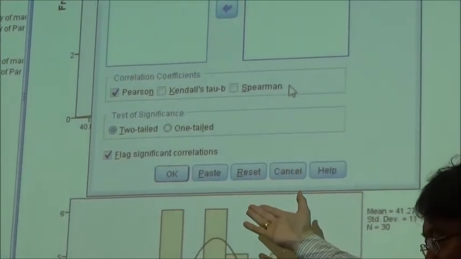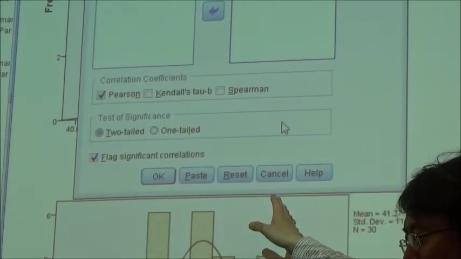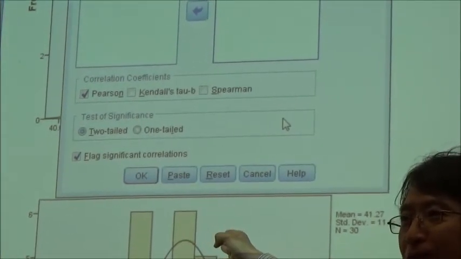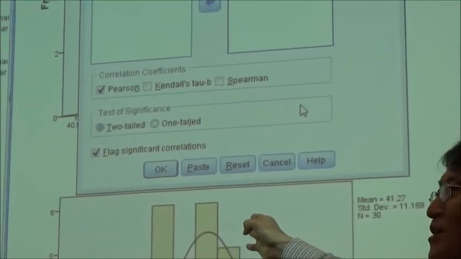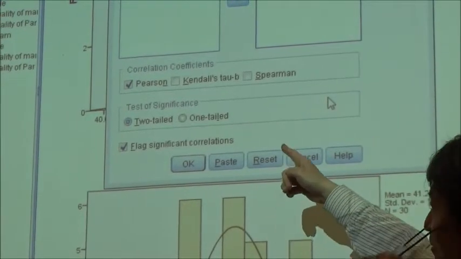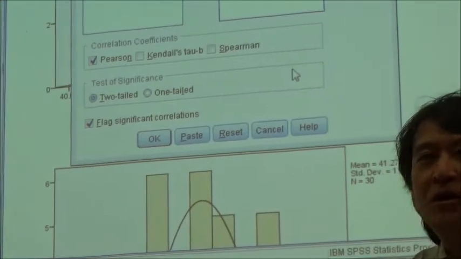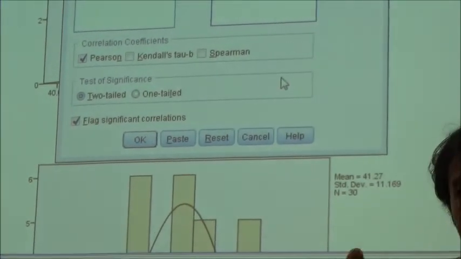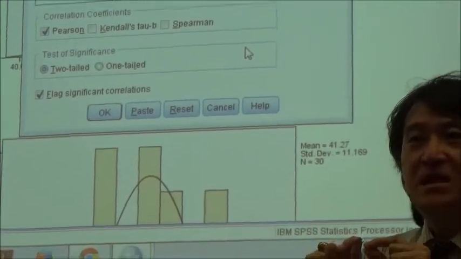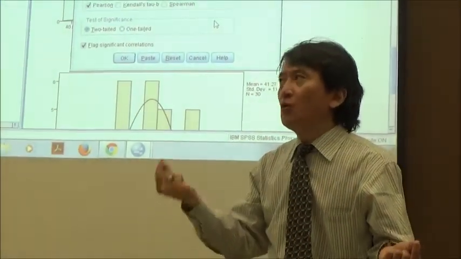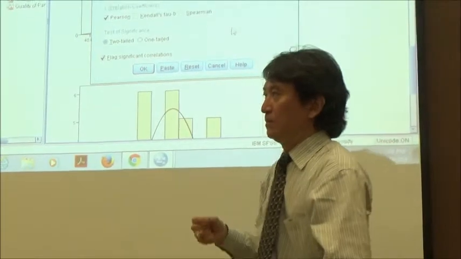SPSS is strange. For correlations, SPSS gives us an option between 2-tailed and 1-tailed. Look at that. The point is, for t-tests, SPSS doesn't give you an option between 1-tailed and 2-tailed, but for correlations, they do.